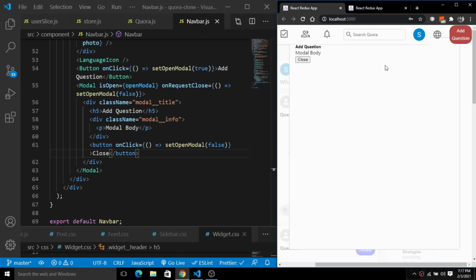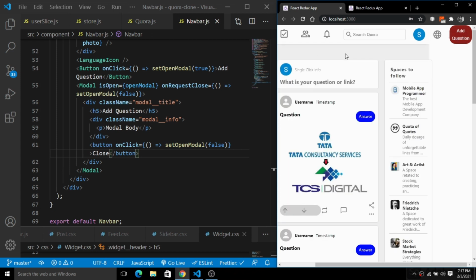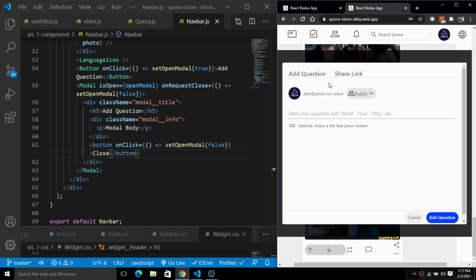So this is the exact thing that we are going to do here. We have successfully created a modal pop-up and added the full-fledged functionality. Now it's time to add a bunch of things. As you can see, we have this very styled modal with a very nice overlay on the modal. You can see we have a nice hover effect on the add question and the share link. We have the user information: the question is asked by home user. We have this input field for the question, and we have the link field for adding the question, and we have a simple add question button. When we click on this add question, the question will be simply posted on Firebase. So that's the full thing that we are going to do in this build.